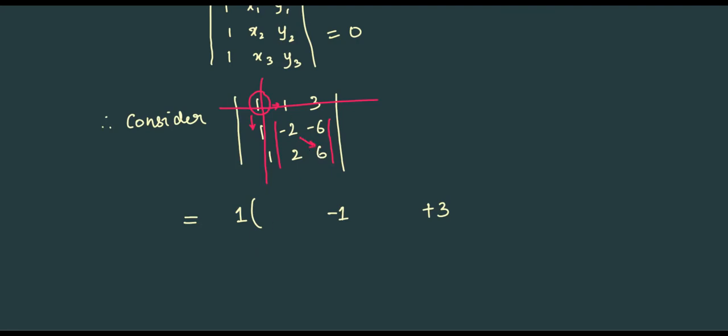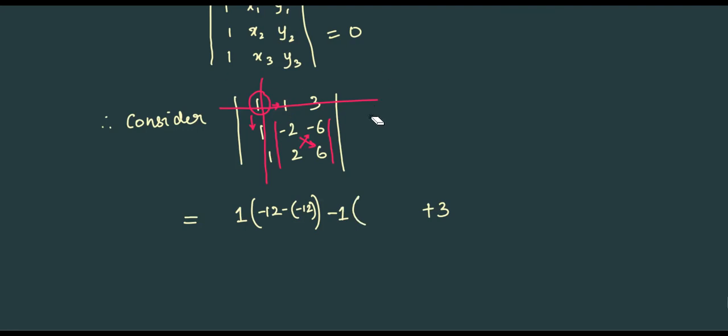Minus 2 into 6 is minus 12. Then 2 into minus 6 is minus 12 again. When we go from upward to downward, from left to right, it is a positive product. When you go from downward to upward, it is a negative product. So positive times minus 2 into 6 is minus 12. Then minus of 2 into minus 6 is minus 12. So what did we do? 1 times minus 2 into 6 minus of 2 into minus 6. Okay. Next,